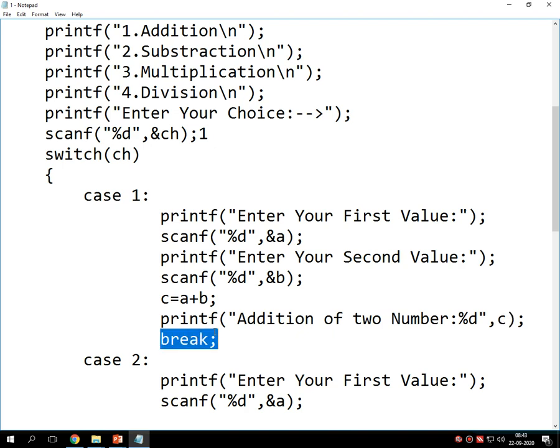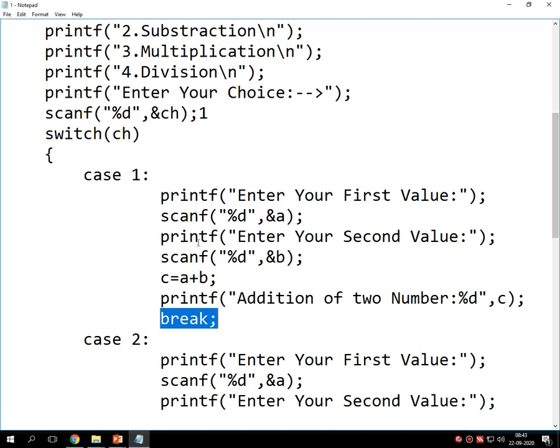That means that particular switch statement gets completed over here. Now if I enter choice number 2 over here, then it selects case number 2.